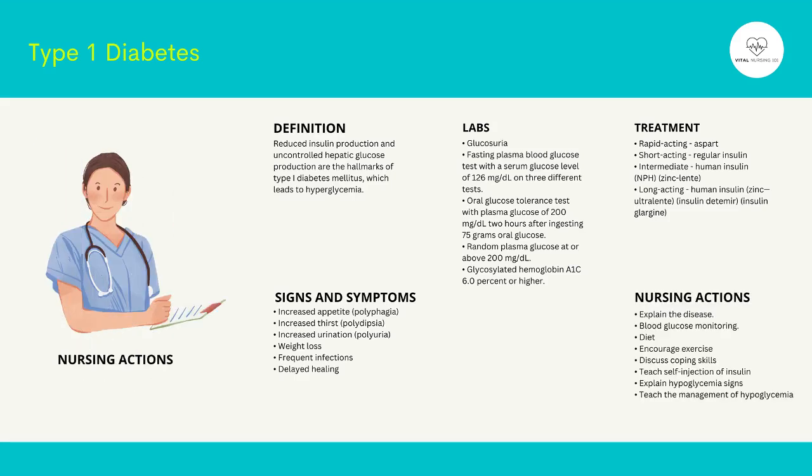Great. Now let's move on to nursing actions, which will mainly be patient education because this is a chronic disease. With all chronic diseases, the goal is to help the patient maintain their health. For type 1 diabetes, education will include the following: explaining the disease and the importance of maintaining normal glucose levels, demonstrating blood glucose monitoring, teaching about diet and food choices, including portion sizes, encourage exercise, discuss coping skills to reduce